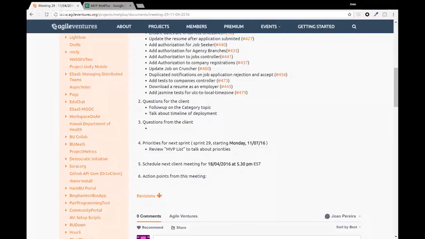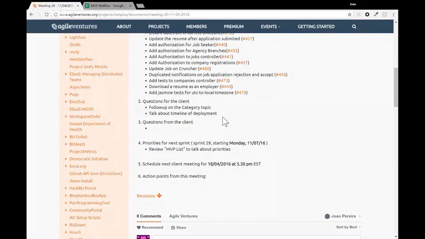And then the other point and our other question was to talk a little bit about the timeline for the deployment. In order to do that, maybe I will just change tabs here.